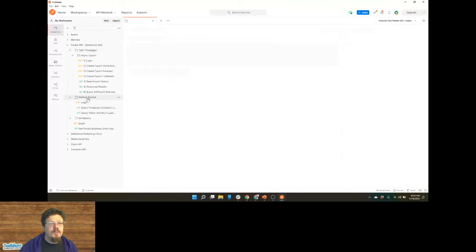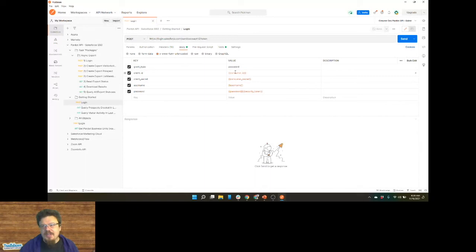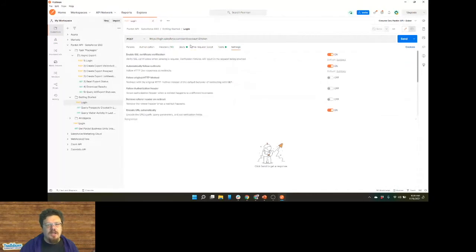So I'm going to open up the Get Started, and I notice that there's a login. And I click login, and it came up with a little browser tab here, and it doesn't show much going on. Authentication, just a bunch of stuff going on here, right? And okay, body, there's some stuff filled in, and in these parentheses, these are actually pulling in the variables from my configuration. Pre-request, there's a bunch of tabs here, but how do I do this?